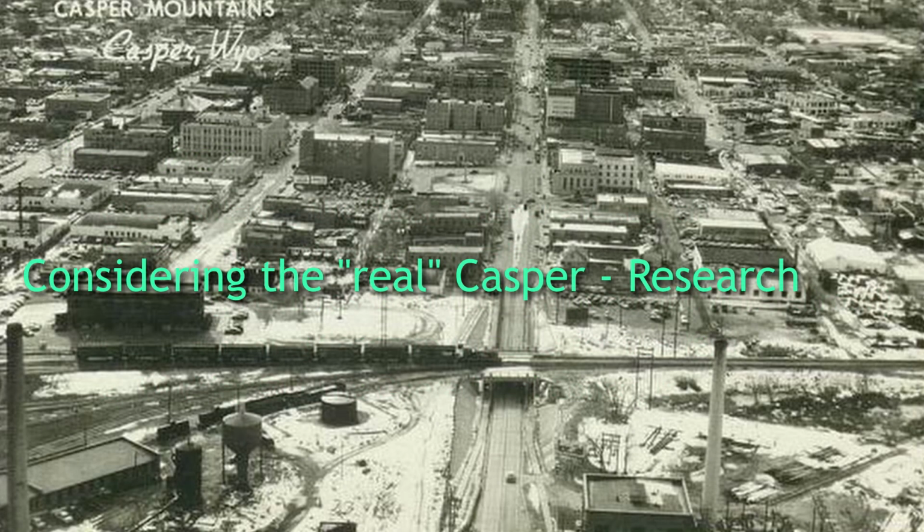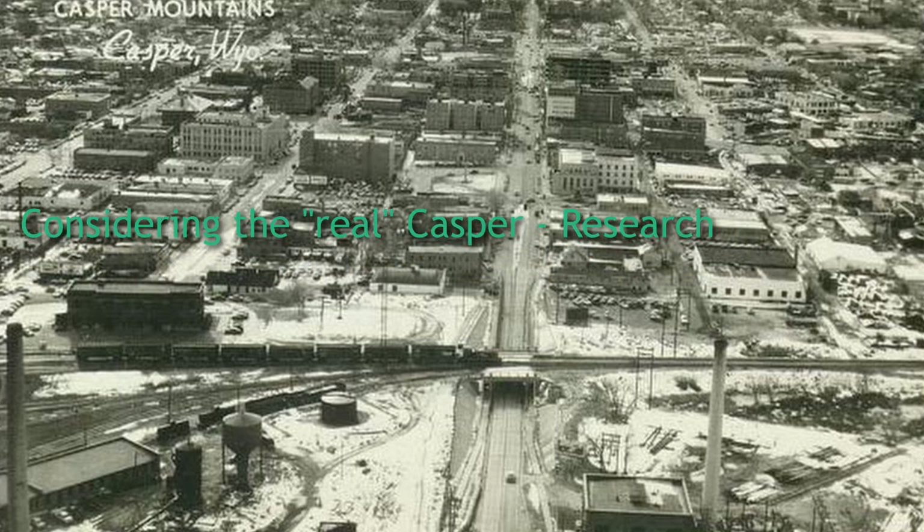The first item, considering the real Casper. Well, what does that mean? Well, there are a lot of facets to this. It means, for one thing, doing research. I model an era before I was born, so for period elements, like the engine facilities and the icing platform,